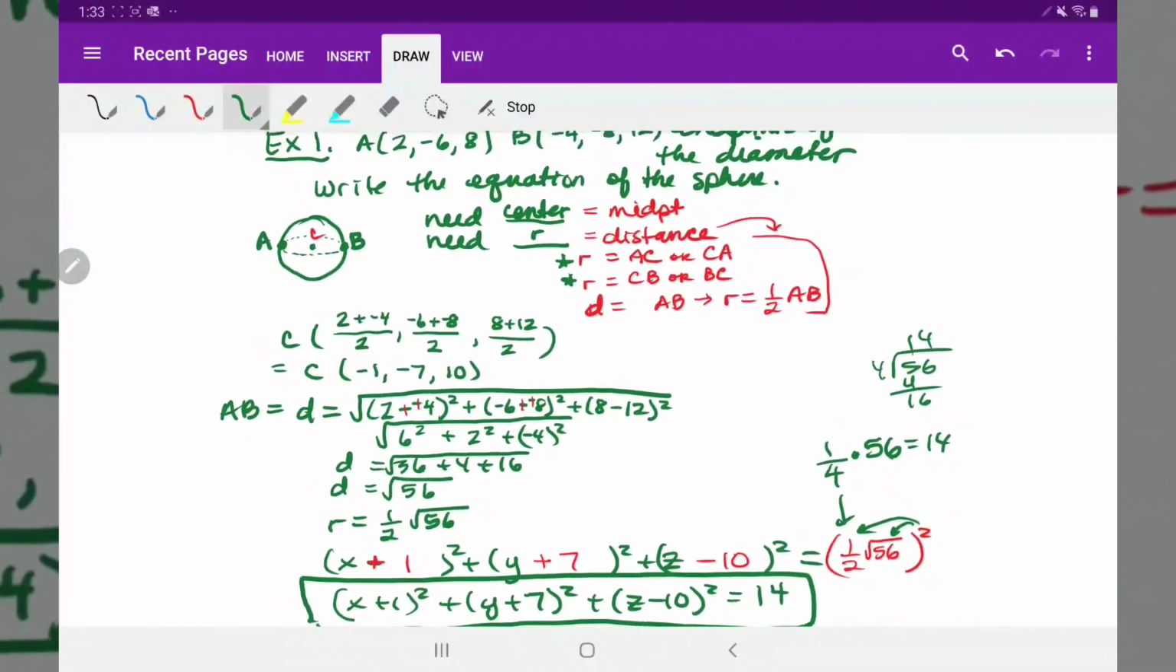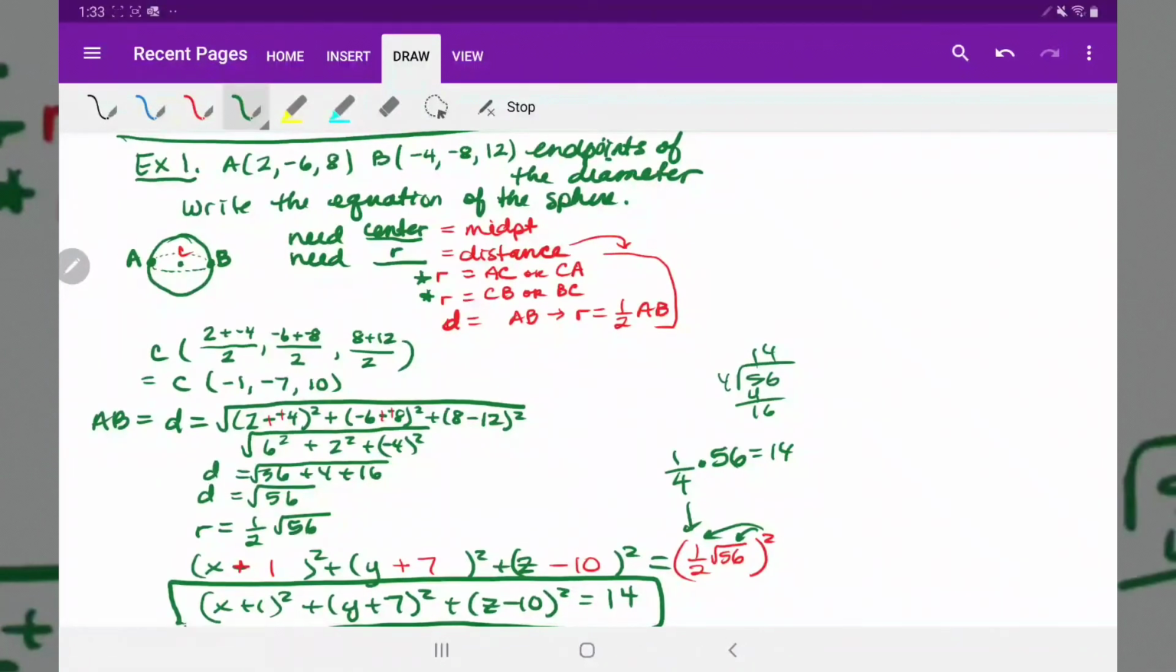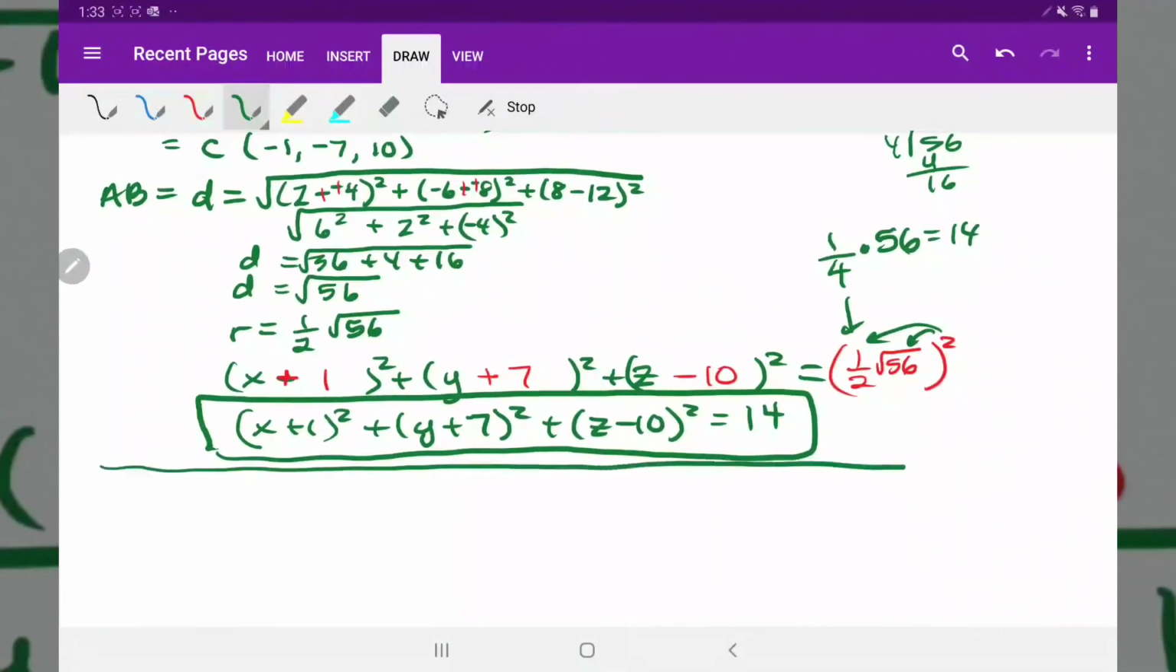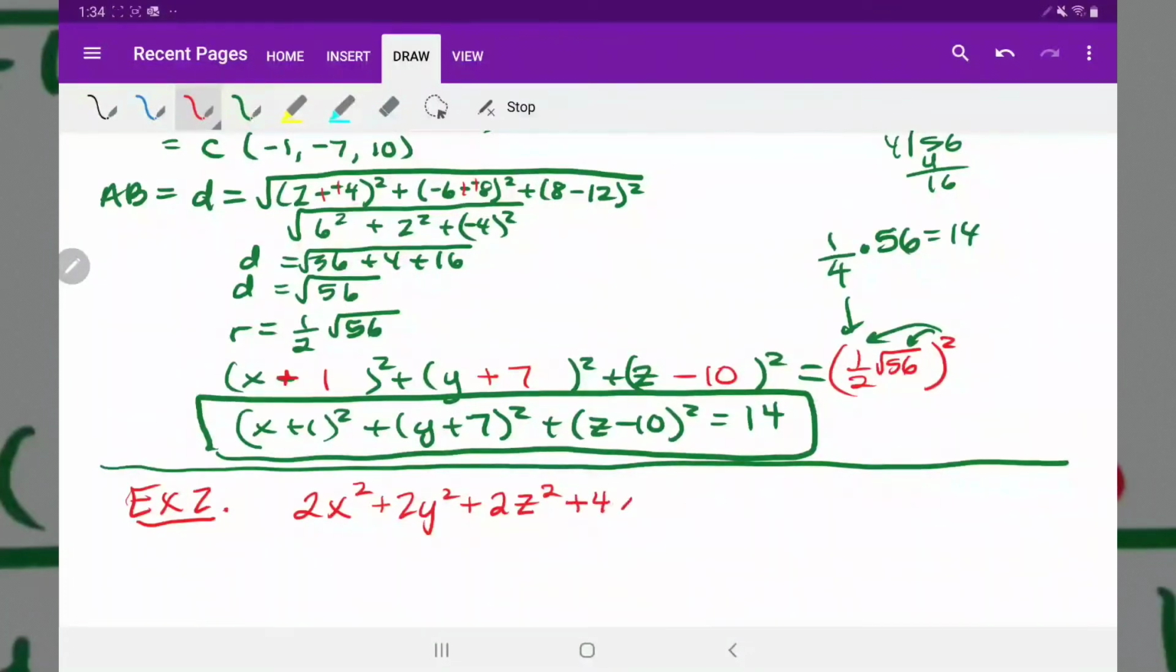So let's do another one. We'll call this one example 2. You have 2x squared plus 2y squared plus 2z squared. And then I have plus 4x, minus 28y. Let's say plus 5z. Let's not do that, let's do 10z